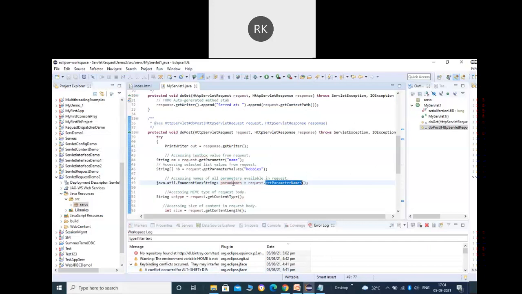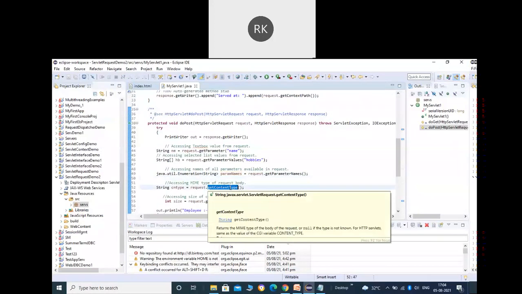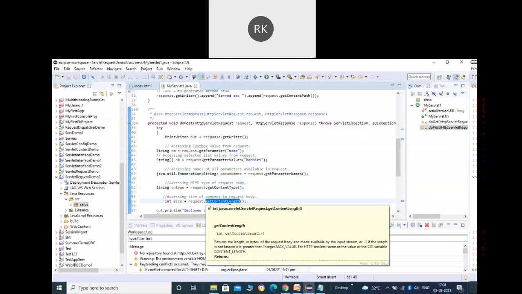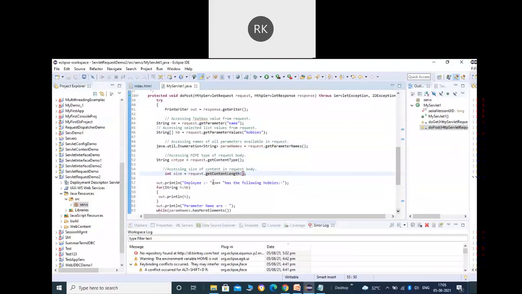The Enumeration is a class available in the util package. So here I have specified java.util.Enumeration of string type, and here is the name of the enumeration, let's say paramNames, whatever name you want to assign, and request.getParameterNames. So in the paramNames, I will have all the names available. And how can I iterate it? There is a standard way to iterate an enumeration. We'll see that next.